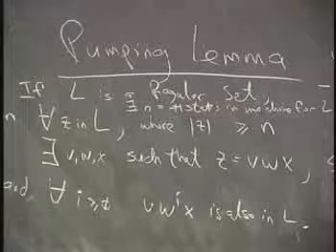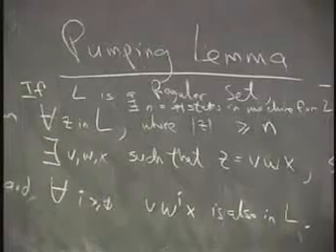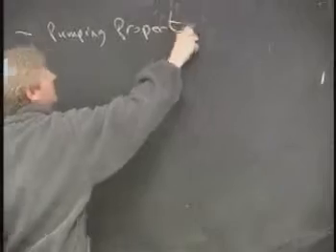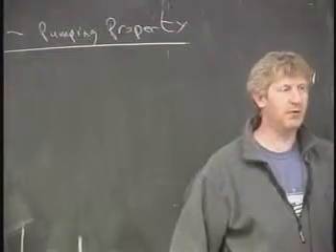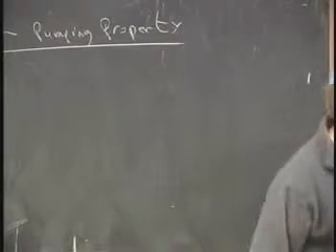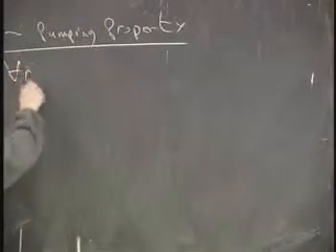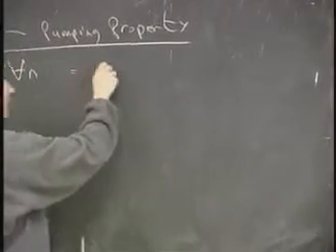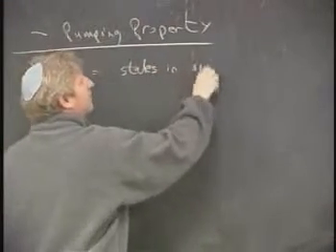Okay, so let's write this out. This is the negation of the pumping property. And this is what we're actually going to be trying to show. We're going to do this mechanically, but in your head, logically, you could follow along as well. Pushing a not sign through here. So instead of there exists an n equaling the states in the machine for L, it's for any n equaling states in any machine